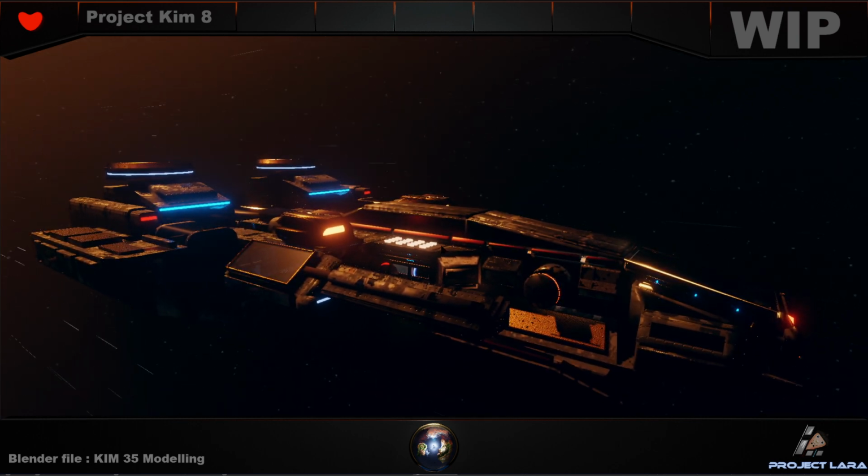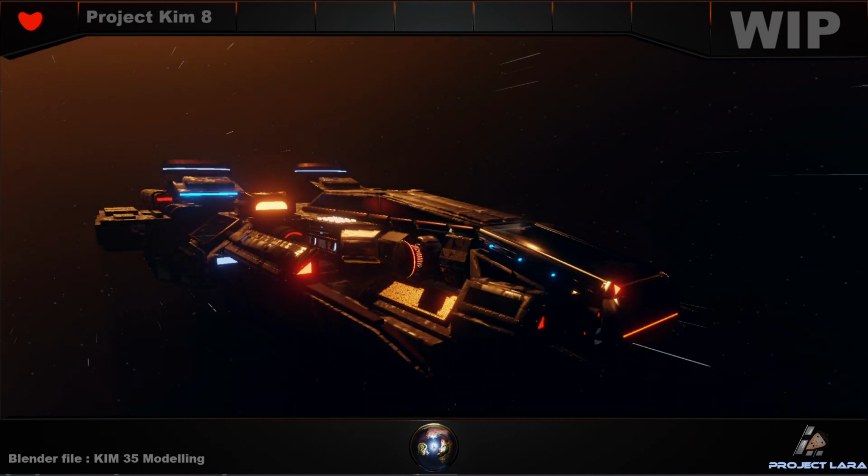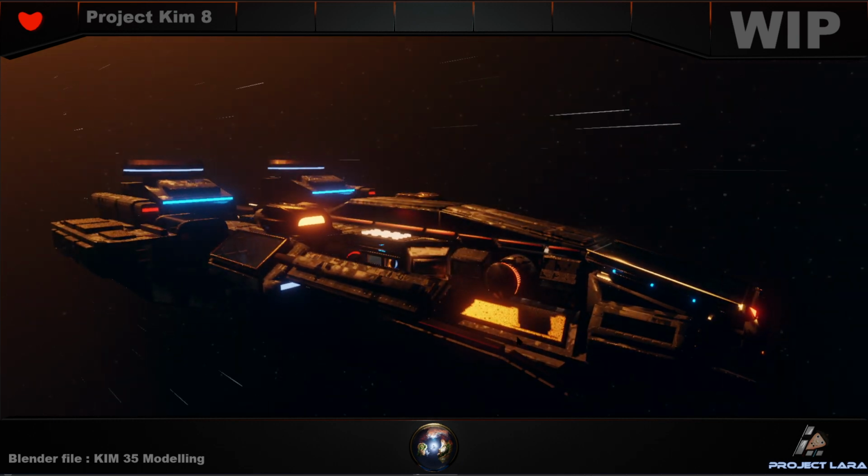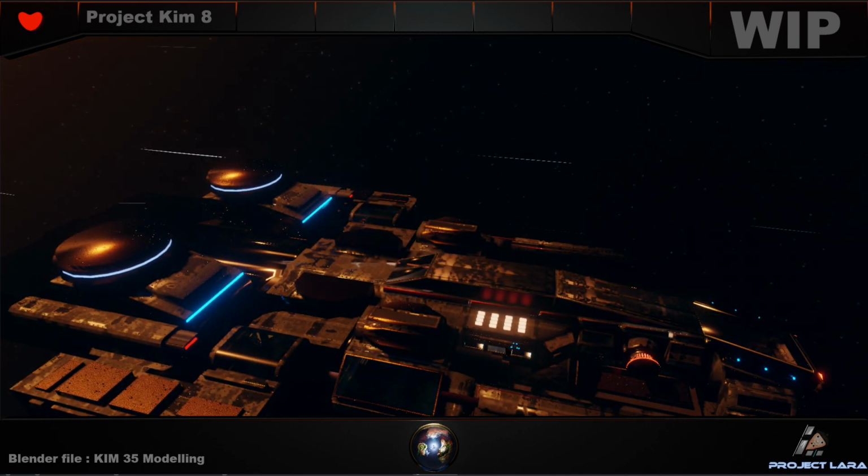It's Blender file name Kim 35, which is always the more accurate version because this is the save file name. So a lot has changed since the last time. You know, I have an animation now. Maybe you can check this out if you want. A little test animation, and afterwards I even changed the outside of the ship, made it more, well, more spacey,